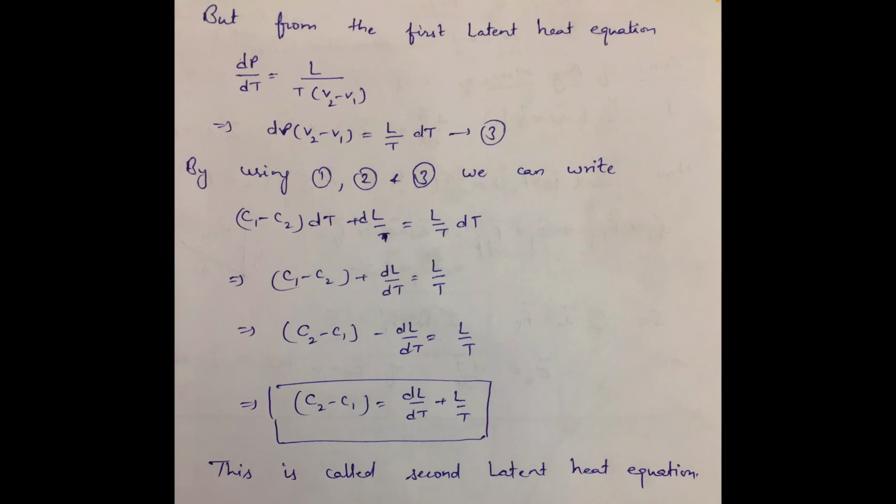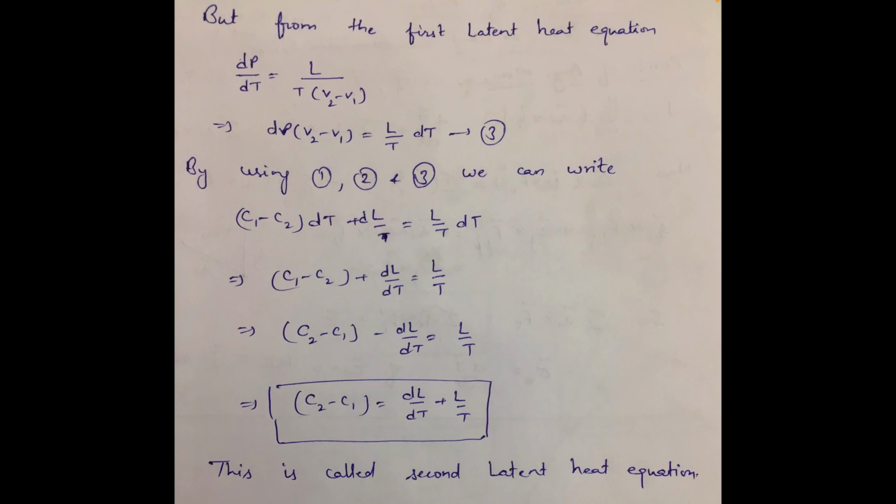So we have the difference between two specific heats, C2 minus C1 equal to dL by dt plus L by T. This equation is known as the second latent heat equation,